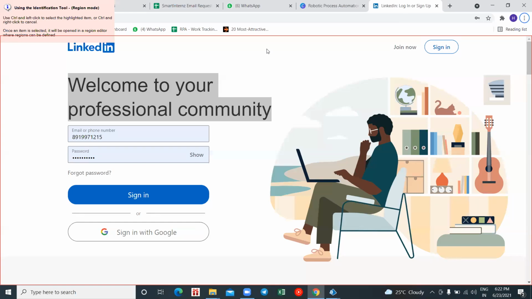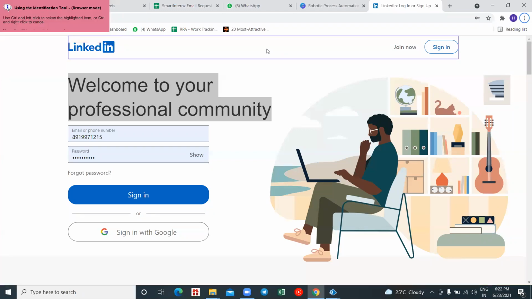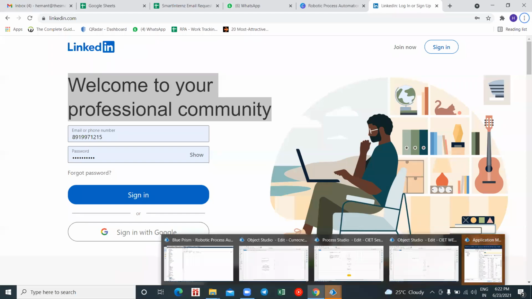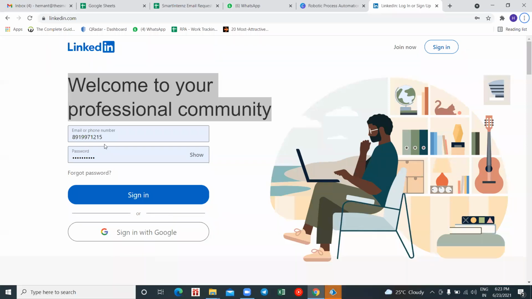So now let's get back to our browser mode, and let's capture this element, which is to be read. I've captured this element. Now here you can see the username and password are automatically filled because I have the autofill option. I've saved my username and password because I usually don't remember my passwords. That's the reason I have auto saved it. That's what you can see, my username and password autofill.